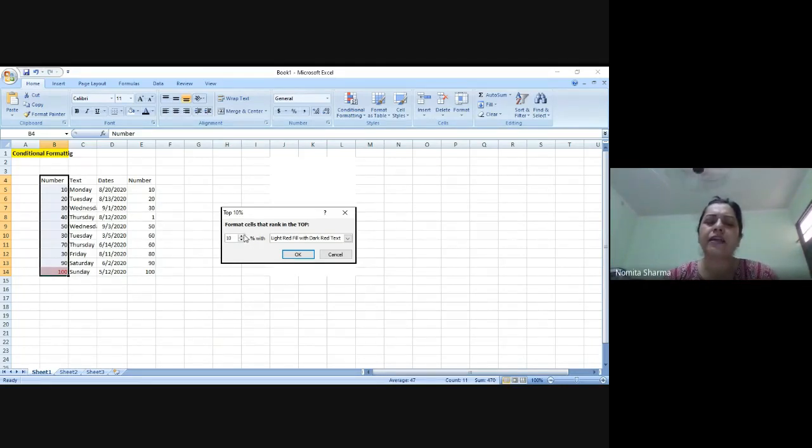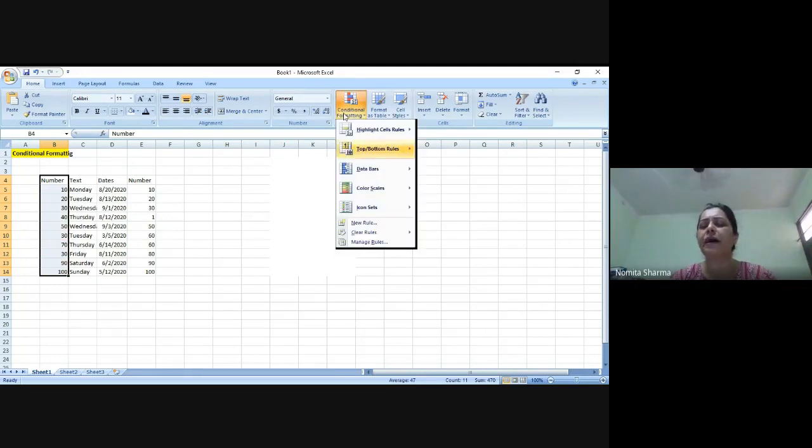And if I increase this number to 20, 38, 41, accordingly you will see the numbers that match this criteria will be highlighted. At 10, only one number was being shown. But as and when I increase that number over here to 49, you see 100, 90, 70, even 50 is being highlighted to match up with the command. So I just cancel it and move on to the other command.